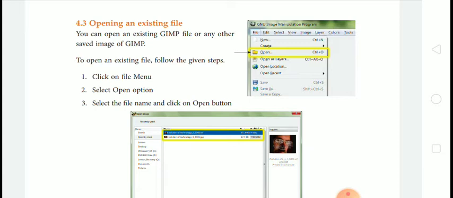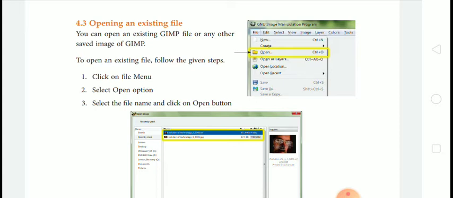To open an existing file, follow the given steps. Step 1 is click on the File menu. You can see in the picture. Then select the Open option, which is highlighted with the yellow rectangular box. Then select the file name and click on the Open button.